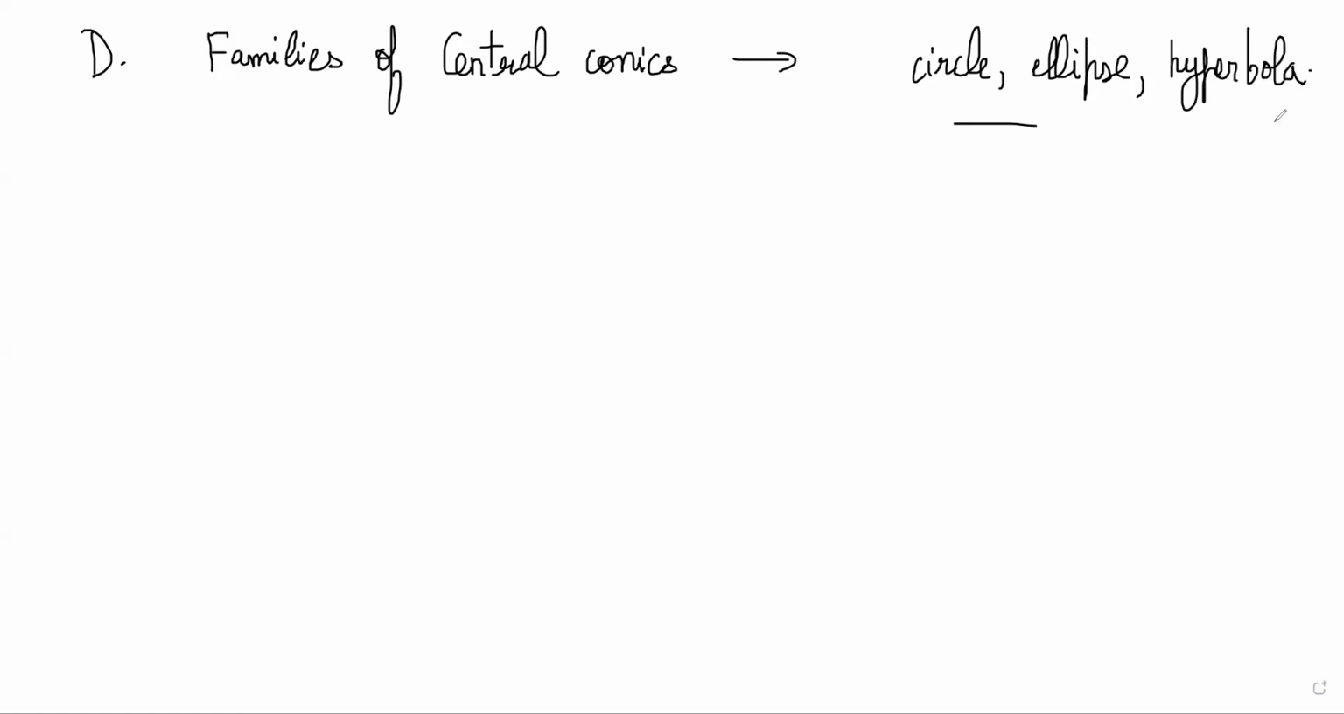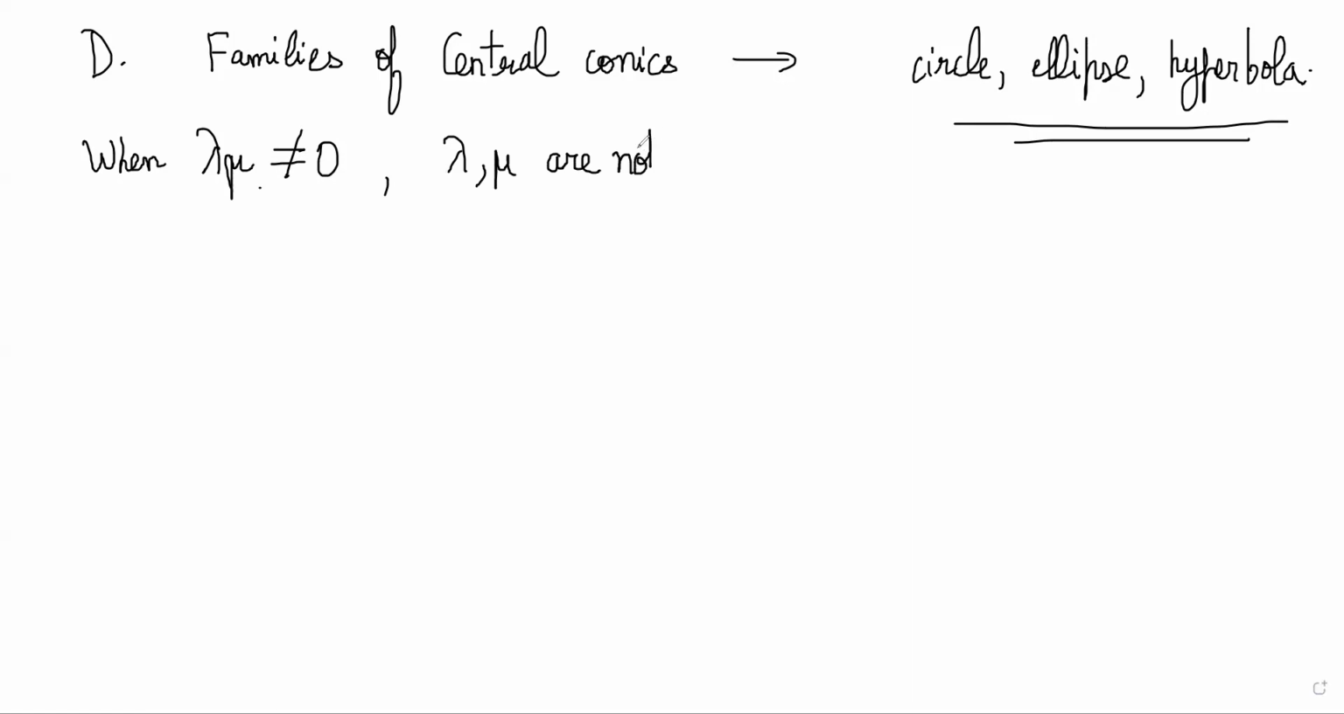Parabola is not a central conic. The center of a parabola is at infinity, right? So, families of central conics. Now what we will say here is when lambda and mu, the product of these two real numbers, lambda mu, is not equal to 0. Basically, when none of lambda or mu is 0, and lambda and mu are not both negative, they cannot both be negative, and none of them can be 0, then